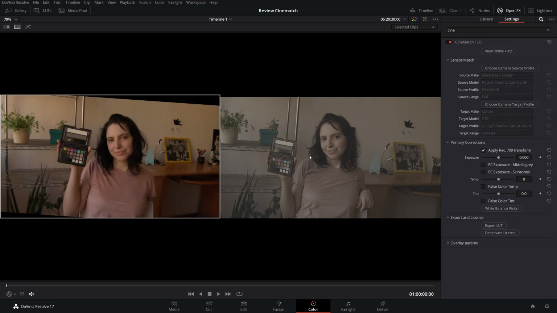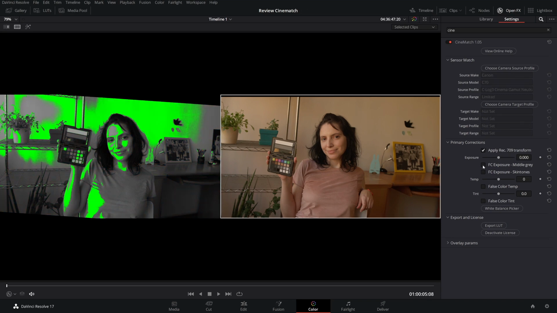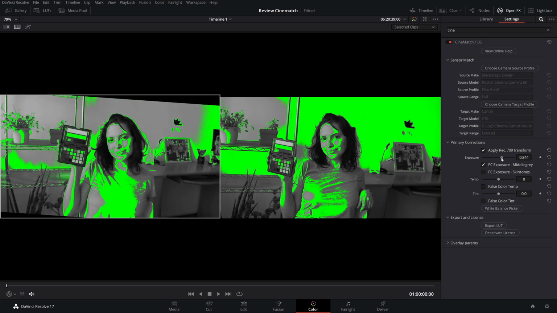I will apply a Rec 709 transform because the colors look different now, and I will start with exposure using my skin tones, but I can do it using my middle gray too. If I click here, I have a middle gray, so I can see my exposure using it, and then I bring my Blackmagic up until it's green. Now my exposure is equal in the two scenes.